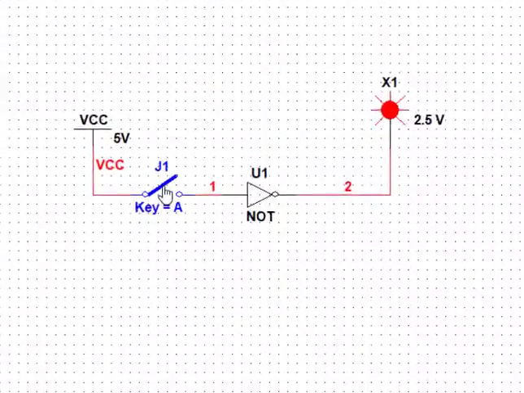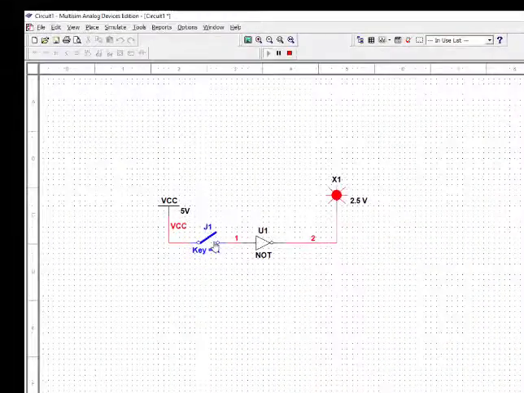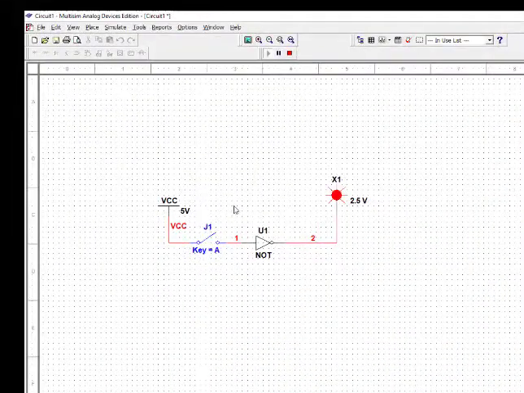Now this is an open switch. Open switch means input is 0, and this is glowing. It is on, and on means 1. So input is 0. As you can see, the open switch is off, so there is no input. No input means 0 is the input, and because it is glowing, we get output as 1. Now if I make it 1, input is 1, output is 0. This is how we verify the working of the NOT gate.